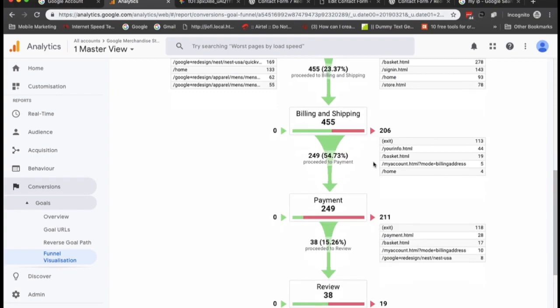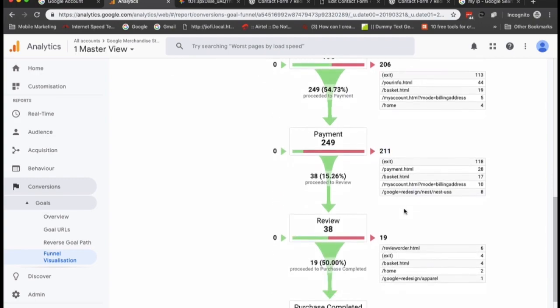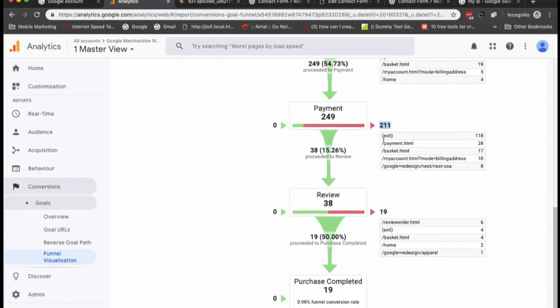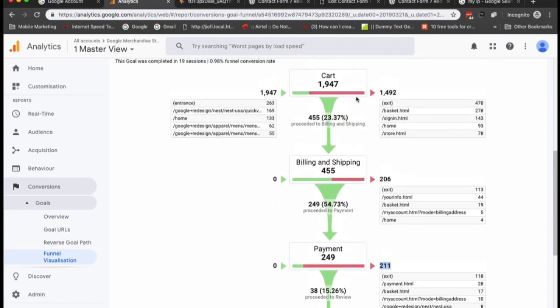And if you look at the next highest, which looks to be at the payment level, so it could be an issue at the payment level. That's why it looks like people have been lost at the payment level. The purchase could not be completed. So these are the 2 factors you can see directly impacting the completion of the sale.